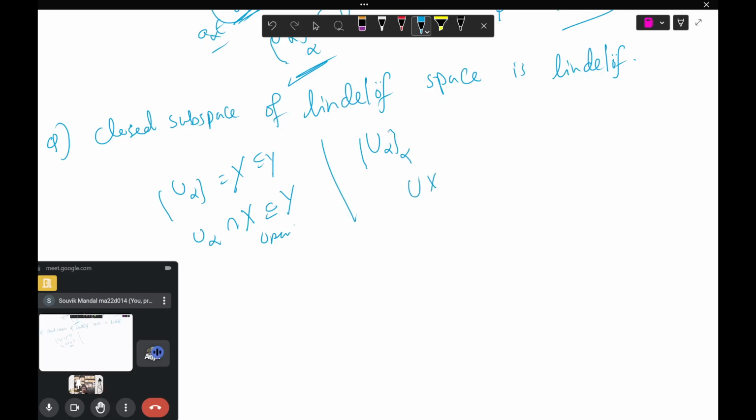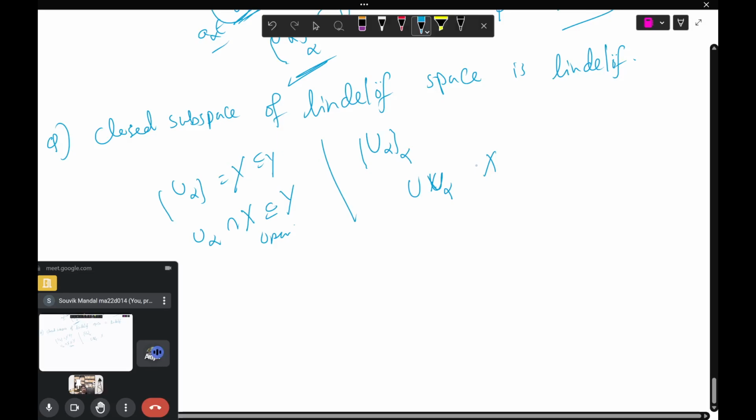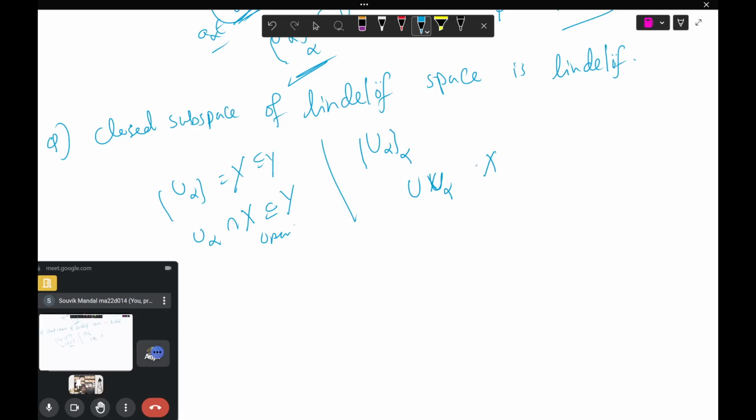So X intersection the U alpha. Because X is contained in a countable subcover, if you intersect X with X, it becomes a countable union of